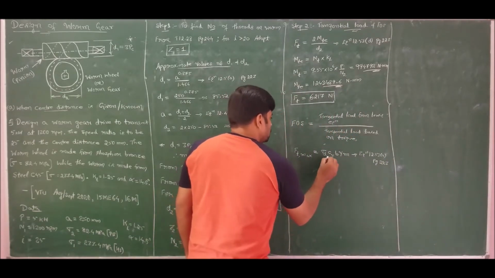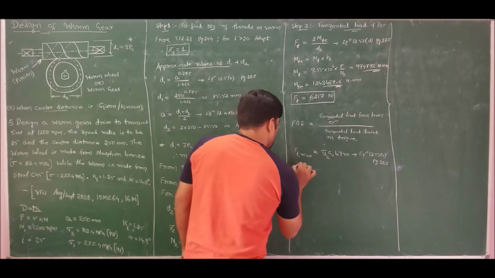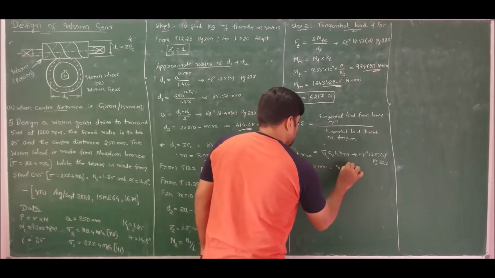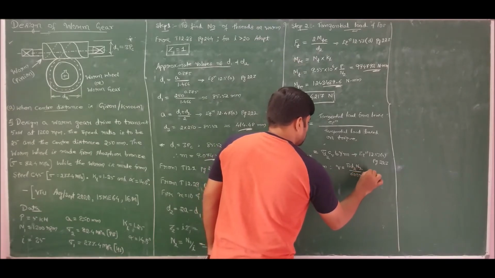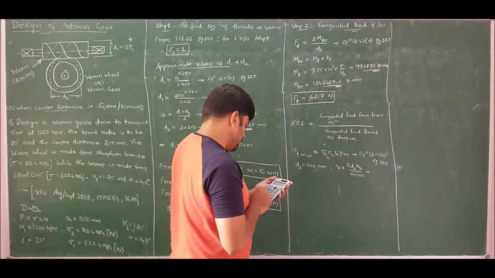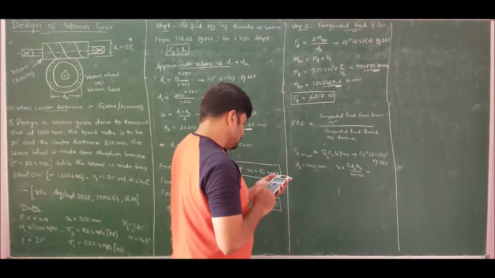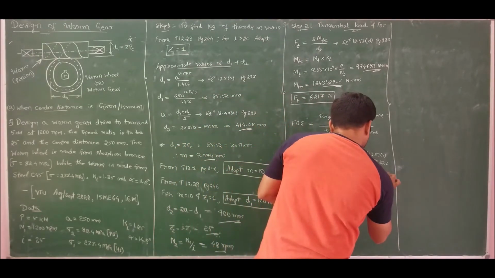So now we know the value of sigma d2. I want to calculate the value of CV. For d2 equal to 400 mm, we will find velocity v equal to pi d2 n2 by 60,000, which is pi times diameter d2, 400, n2 is 48, divided by 60,000, which is 1 meter per second.